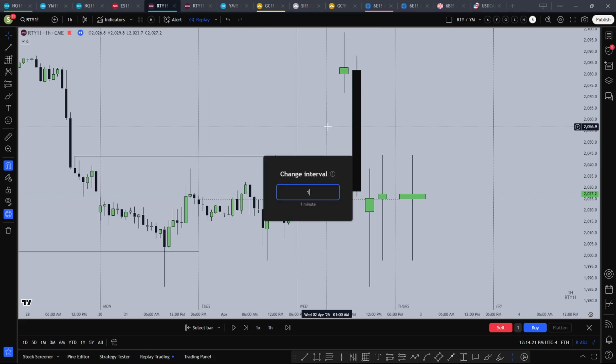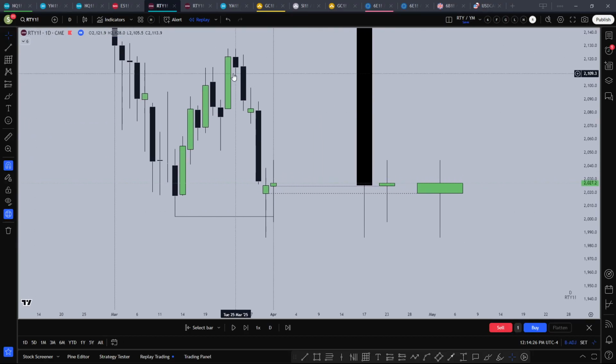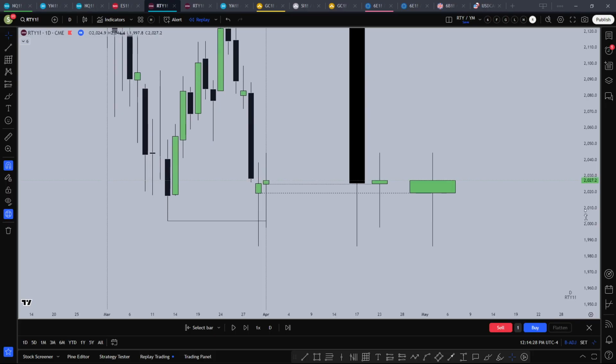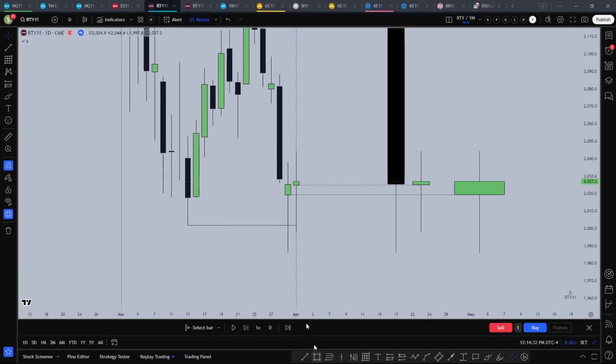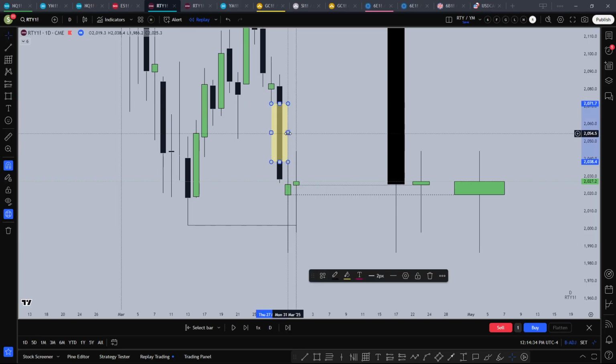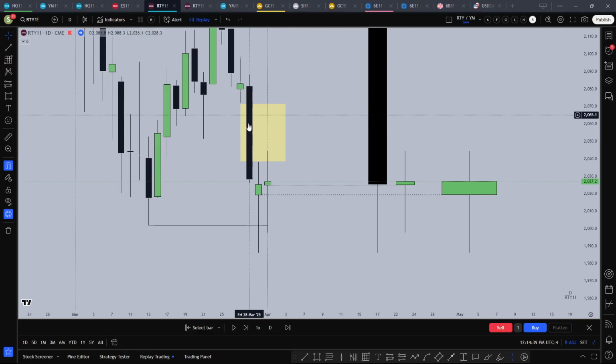And RTY, RTY looked the most weak. If price wanted to go lower, RTY would have been the best asset as it is rejecting off of this internal level. So if this move back up was a retracement, which it did look to me, because this is much of a displacement, this is less displacement back inside, so more of a retracement. But if it wants to go higher off of this level, it could go, but it would need to respect EQ of previous day's range.